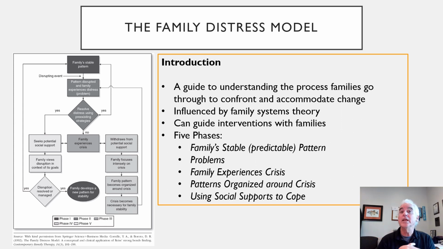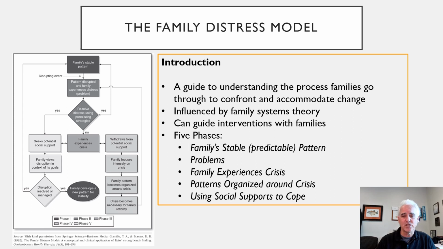family therapists envision crisis as being a necessary precipitant to change. If we stay the same, if nothing unbalances us and shifts us off center, then we just keep doing what we've always done. But when something happens to shift us from our current homeostasis, we then have to begin to reevaluate where we're at and whether we are functioning well. The same is true of families. So this particular model, the family distress model, was highly influenced by family systems theory. There are essentially 5 phases that can be used to help guide interventions with families.